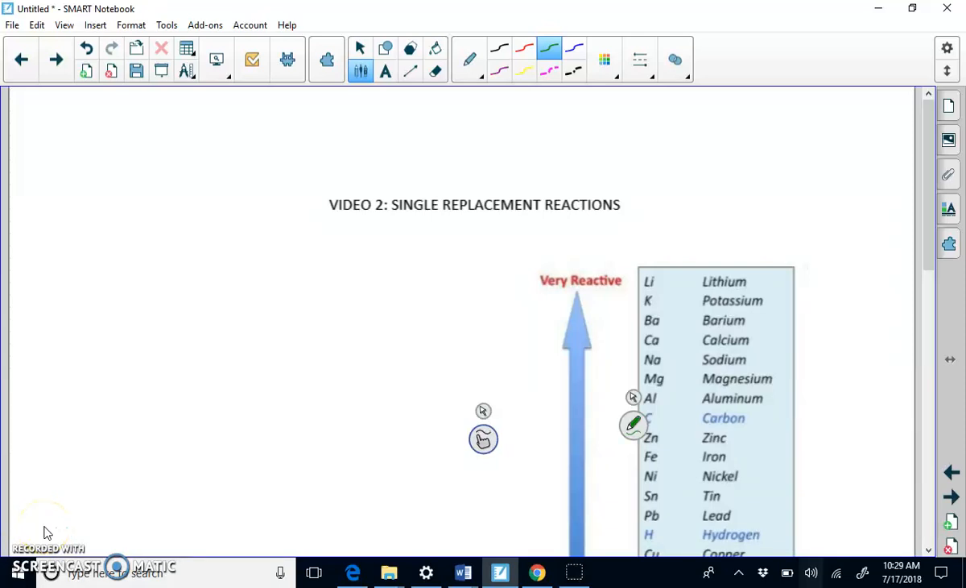Welcome to the second video, which is predicting the products and balancing single replacement reactions. In any single replacement reaction, what happens is you have a non-metal bonded to a